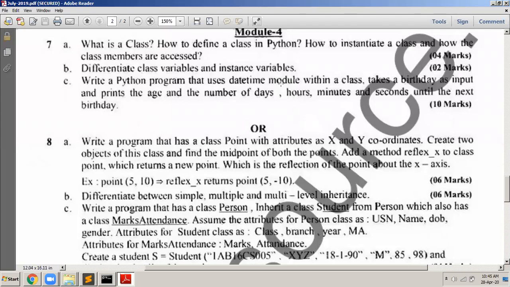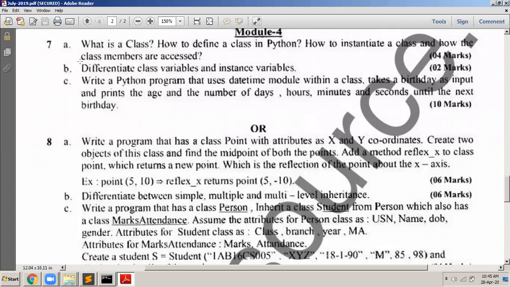Instance variables means object attributes, which we define outside. Initially, you know that we had defined a class called point, and then we created an object p1 of point, and then we wrote p1.x equals 30. So that x which we assign to p1 is an object attribute. And if you have defined a variable in the class, then it is called a class variable or a class attribute. So you have to give that example and write it down. This we have already done, remember, class level attributes and object level attributes.